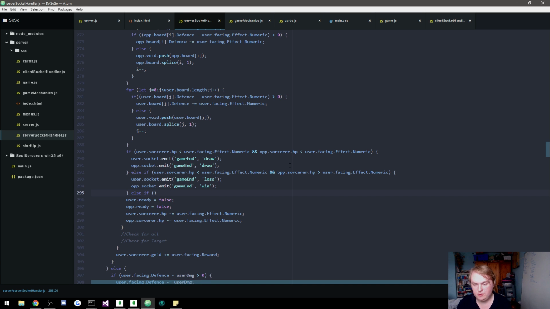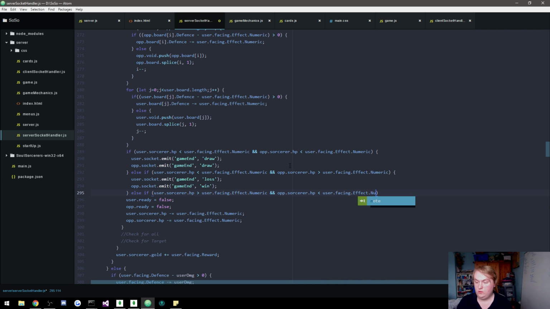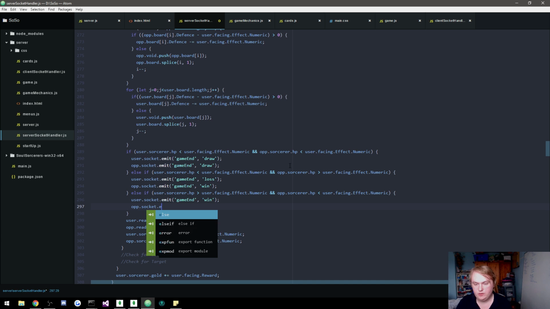Else if the user.sorcerer.hp is bigger than the user.facing.effect.numeric and the op.sorcerer.hp is less than the user.facing.effect.numeric, then we'll do user.socket.emit game end win and an op.socket.emit game end loss. Okay, else we will do